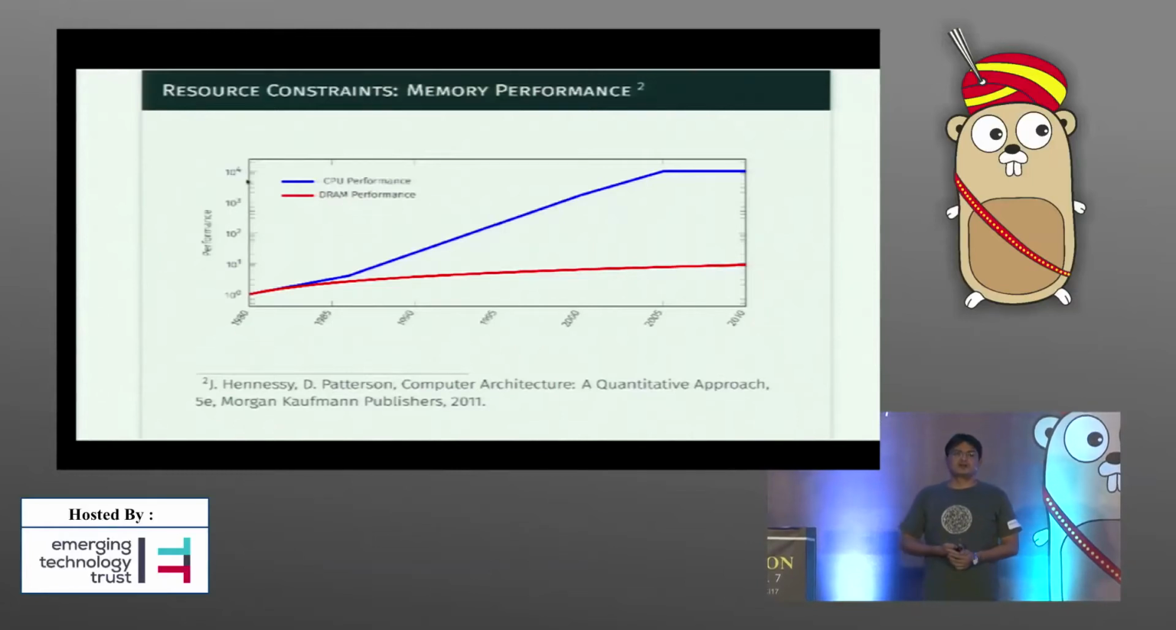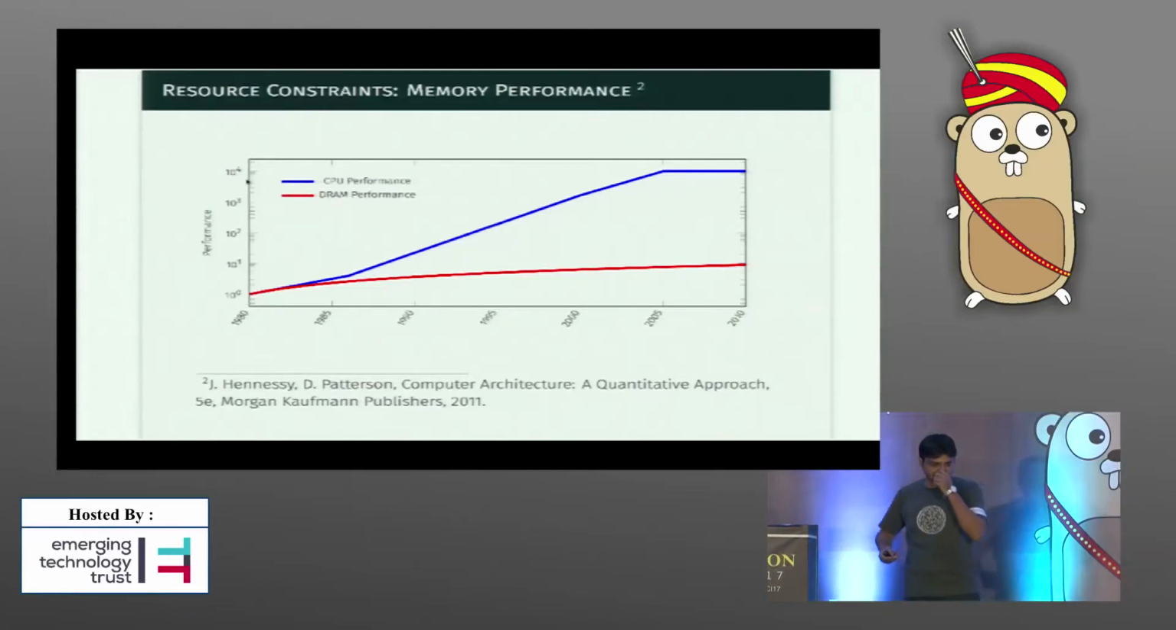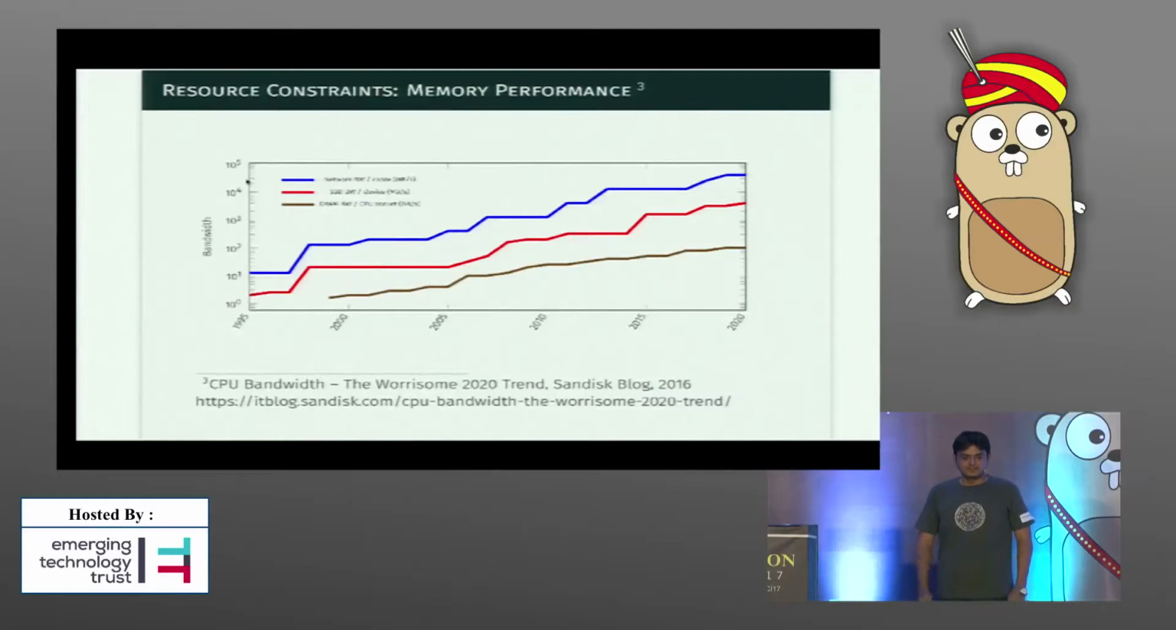CPUs generally run much faster than RAM, right? If you just keep getting your data in and out of RAM, you are wasting CPU as well. This is a very famous plot, which you would have seen many times. I just recreated it. Recently, SanDisk wrote a blog article wherein they even challenged that in a few years from